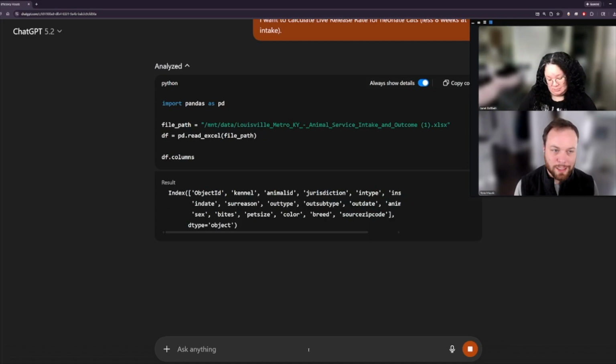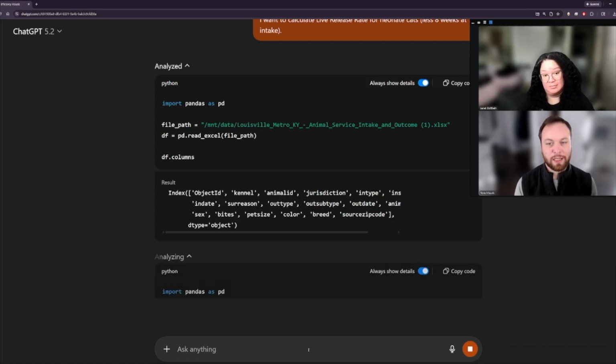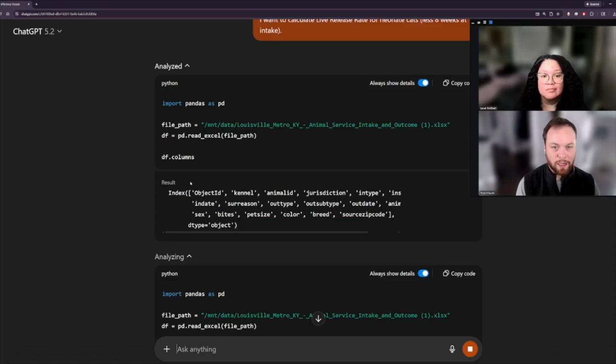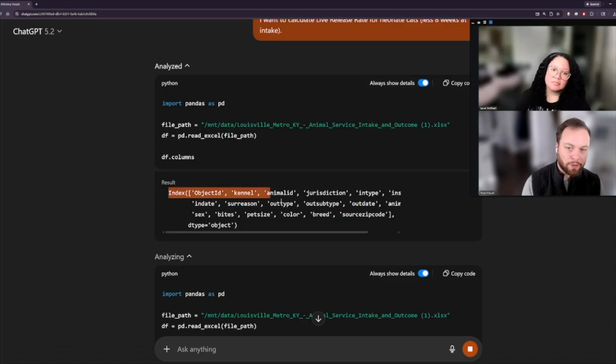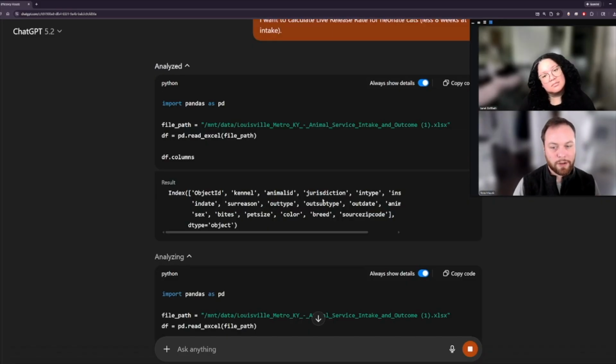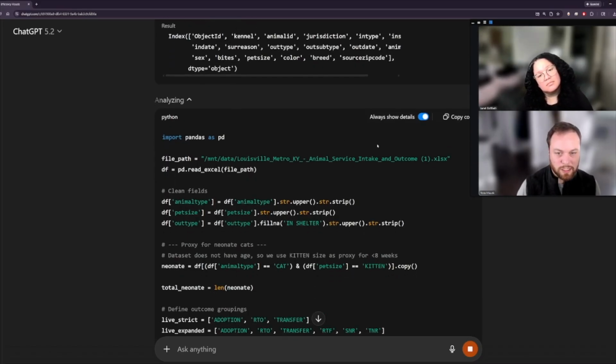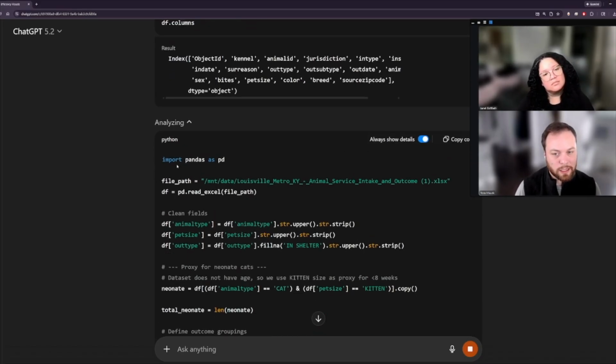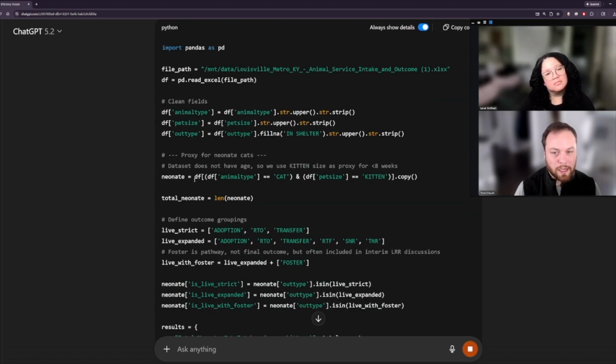And it takes some time because it's running this code, writing the code. What it's done here is it just loaded the data and printed out what data points or columns or fields we have available in our data set. So these are just the columns you would see in the Excel file. It needed to print that out so that it understood how it is going to be able to calculate this and isolate that neonate group. And now once it realized that information, it's going to run more code that then it can say, okay, if it's a cat or kitten,